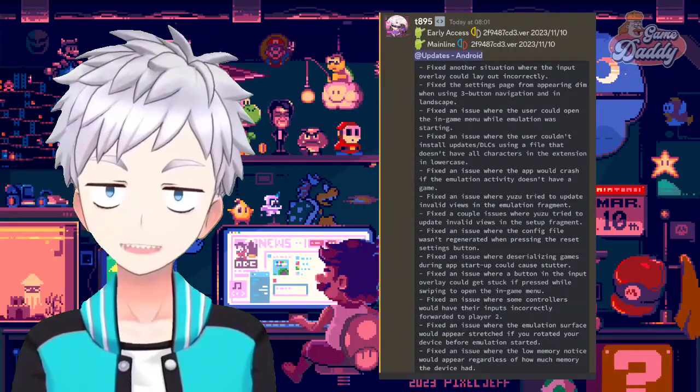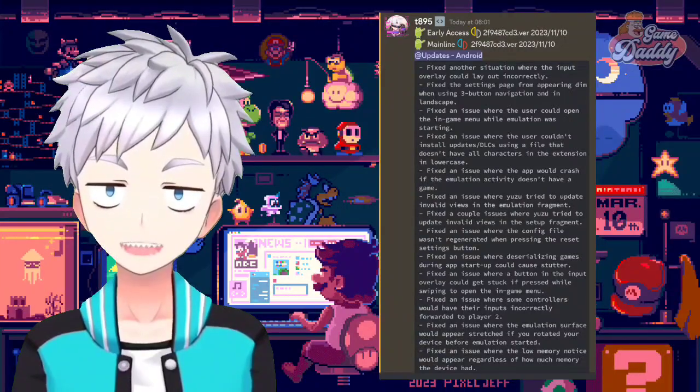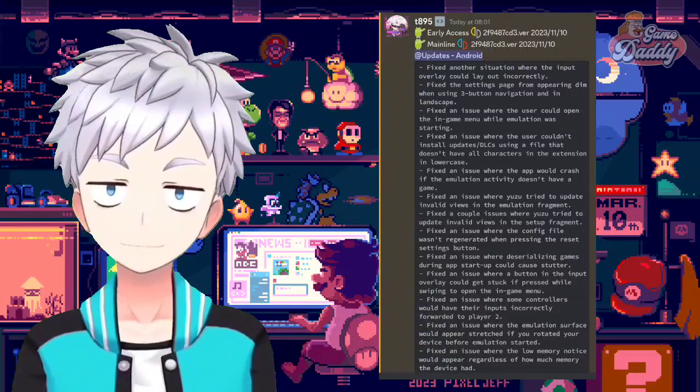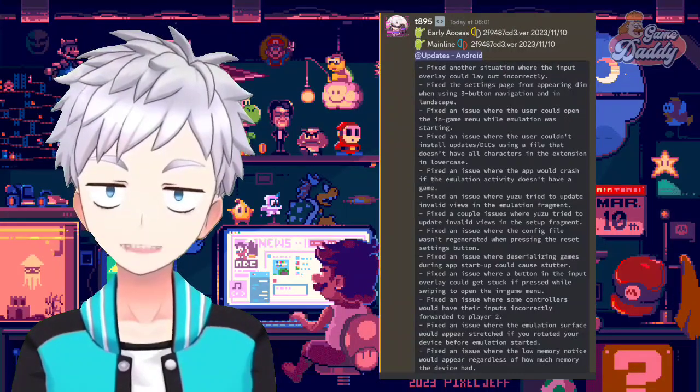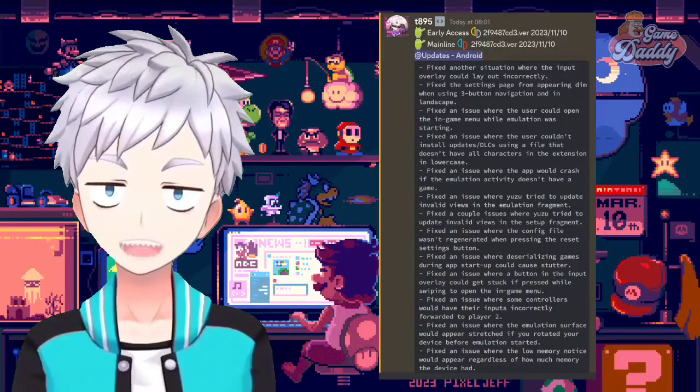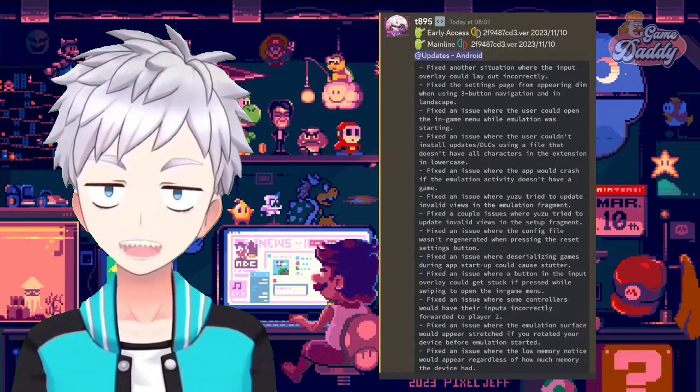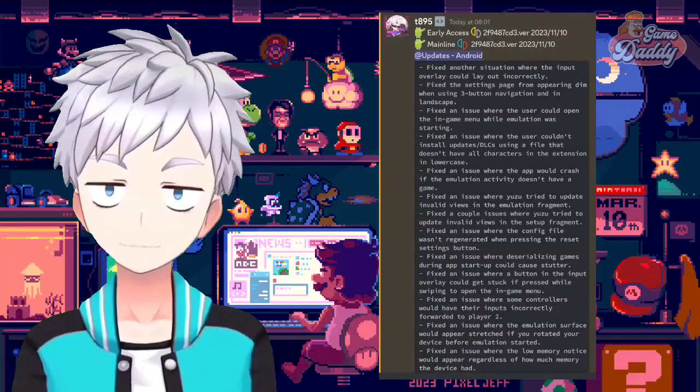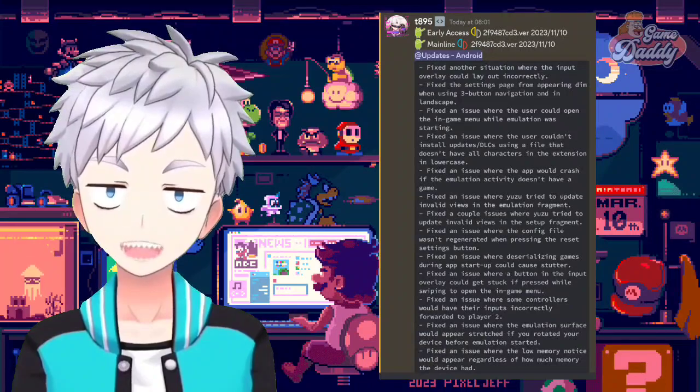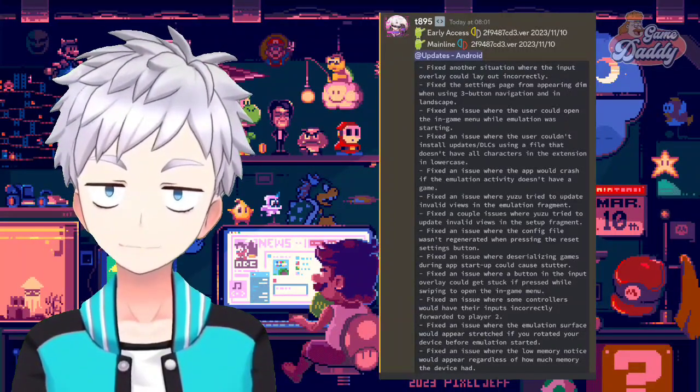Fixed an issue where Yuzu tried to update invalid views in the emulation fragment. Fixed a couple issues where Yuzu tried to update invalid views in the setup fragment. Fixed an issue where the config file wasn't regenerated when pressing the reset settings button. Fixed an issue where deserializing games during app startup could cause stutter. Fixed an issue where a button in the input overlay could get stuck if pressed while swiping to open the